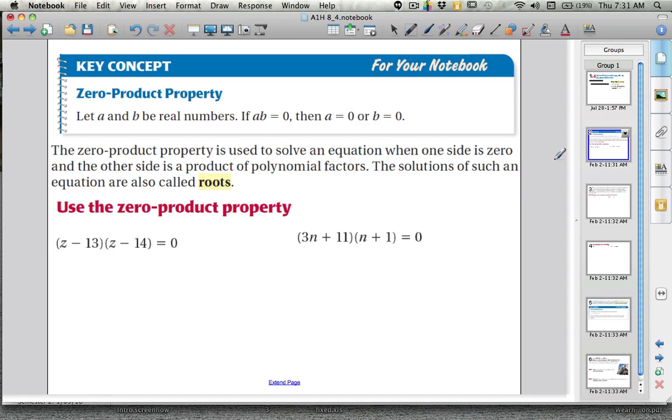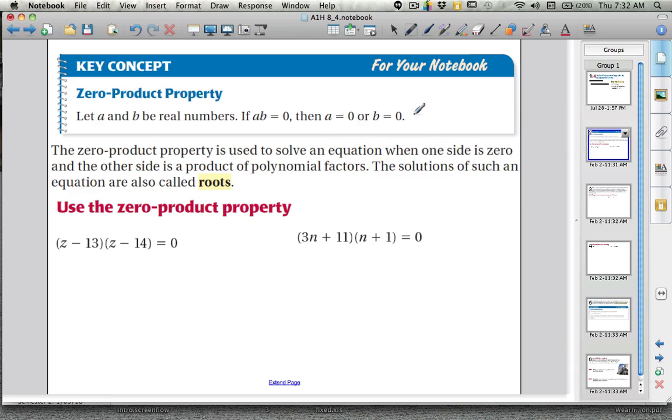Okay, so a key element here for all of the study of polynomials that we're going to be doing is this idea of the zero product property. And it basically says if I have two values, a and b, and they're being multiplied together, and that's what factors are, they're things that are being multiplied together. If a times b is equal to 0, then either a is equal to 0 or b is equal to 0. And what that means for us in polynomials is that once I've factored my polynomial into different items that are being multiplied together, if I take each of the factors and set it to be equal to 0,